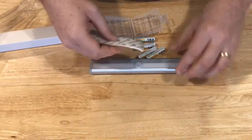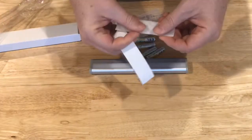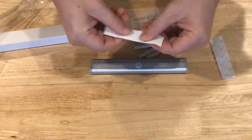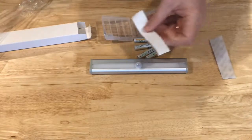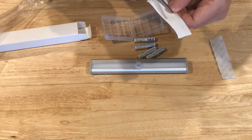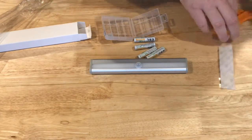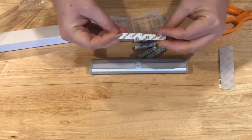Now I'm going to tear it apart. I've got a fuzzy side and I have a hook side. I'm going to take this hook side and cut another thinner strip of it. If you can buy your Velcro in thinner strips, that's great. But here's what I'm going to do. I take my thin strip of it